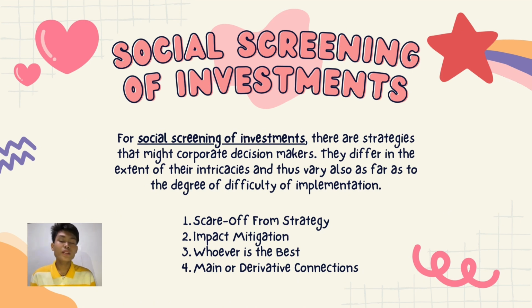Sa strategy naman na ito, it requires investors to decide whether or not they are concerned if an investment has a secondary involvement with a social problem. So also, it involves you asking how far back in the industrial process one wants a particular social screen to go. So, siguro, example here is yung it is acceptable if a coal utility purchases coal from a mining company with a bad environmental record. Kasi, take for example, yung the hamburger connection is an example of this strategy. So, ayun.